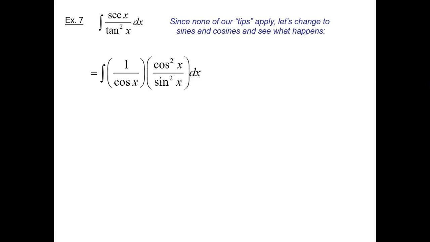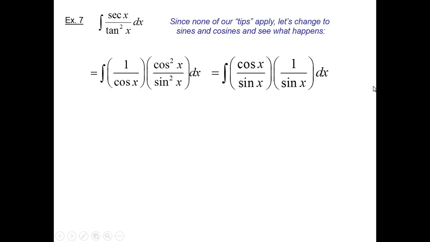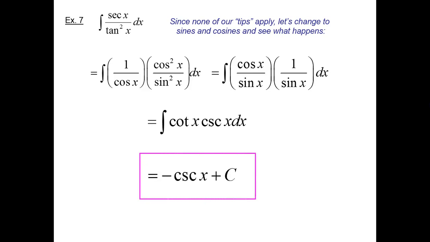So we're going to lose a cosine term, and I'm going to rewrite this. That's cosine x over sine x times 1 over sine x, which is this. Hopefully that looks familiar to you. That was one of the earlier integrals we learned last year. What's the integral of cotan x cosecant x? Negative cosecant x plus